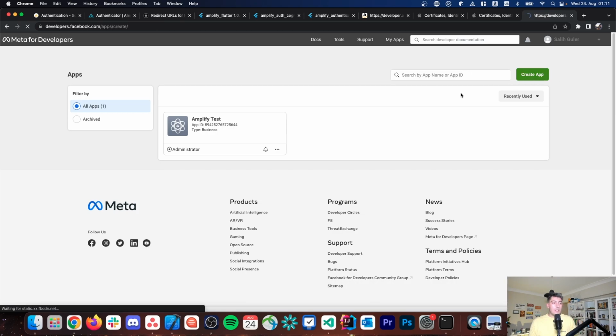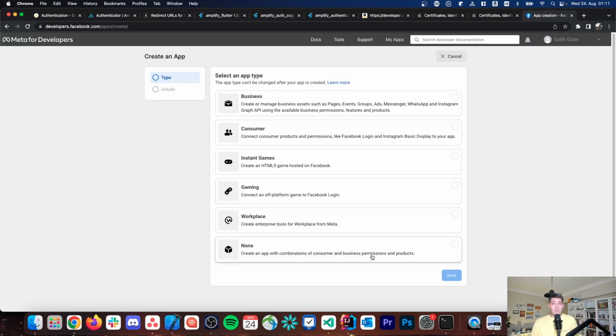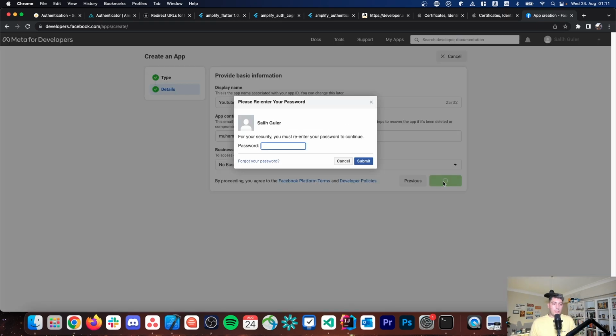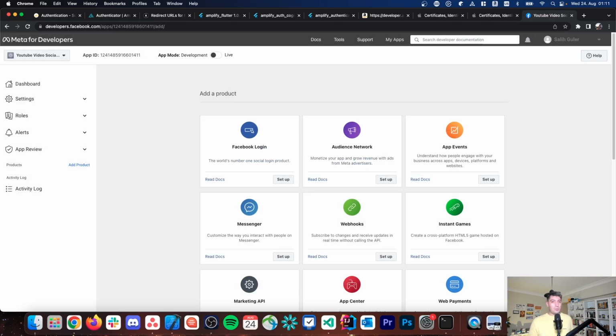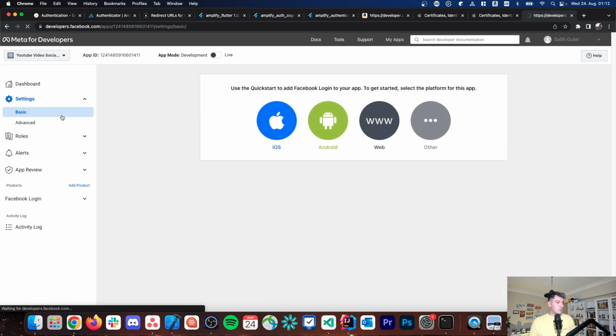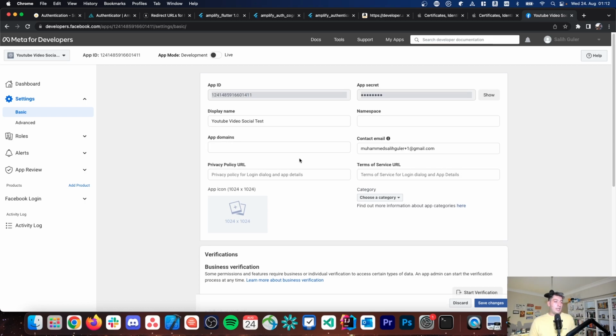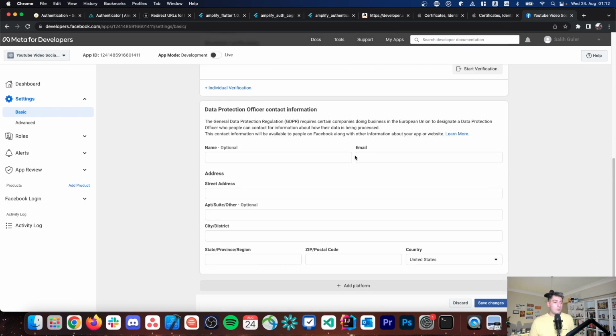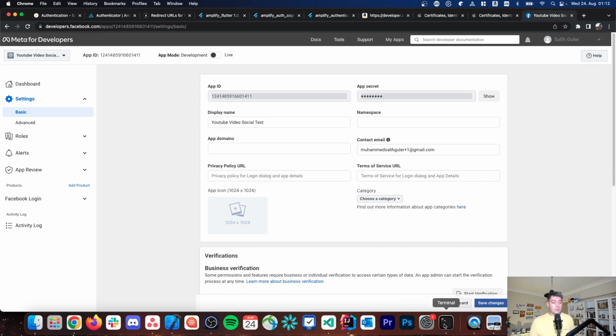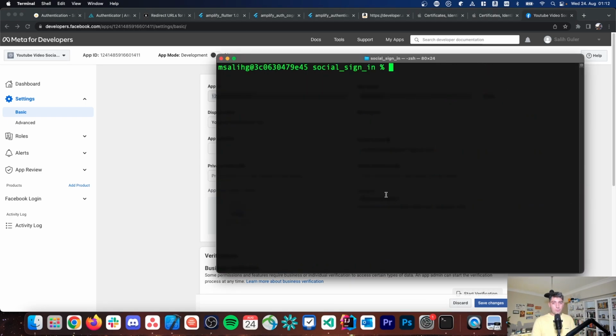What we are going to create is an application for Facebook login. So first we will create the app. All right, so we will create the application. It will ask you about your Facebook password. Now we have the Facebook login. Let's go to the settings and create basic settings for our application. And for this purpose, once you click on basic, you will have the app ID and your secret working for you. What you need to do is go back to your terminal and write amplify update auth,